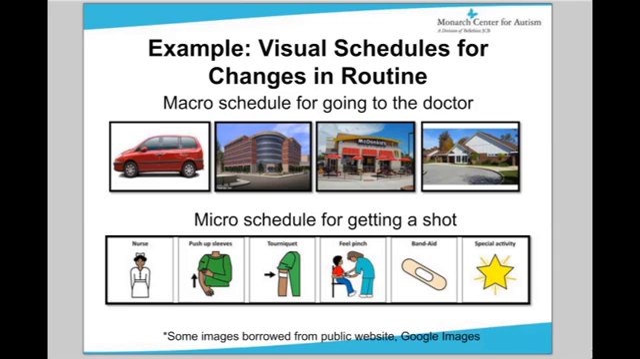So it depicts first going in the car, then a picture of the doctor's office, then maybe McDonald's or something highly motivating to help get through the doctor's office, and then a picture of school, so the child understands what to expect. And then at the bottom, you'll see an example of a micro schedule, for example, for getting a